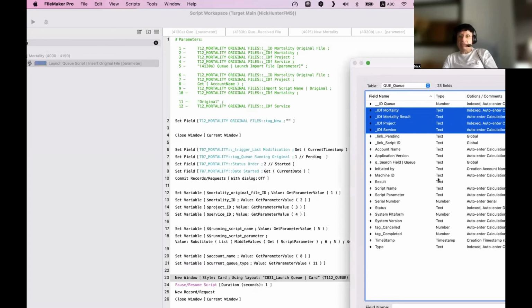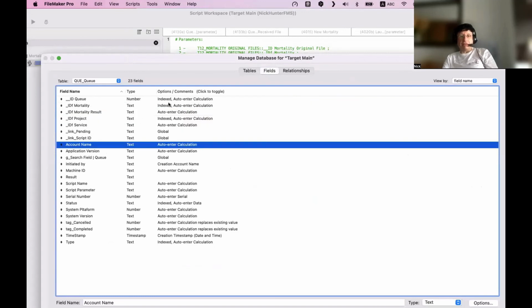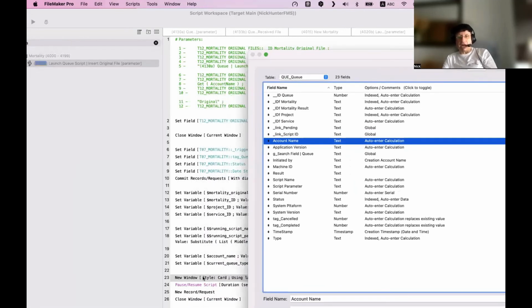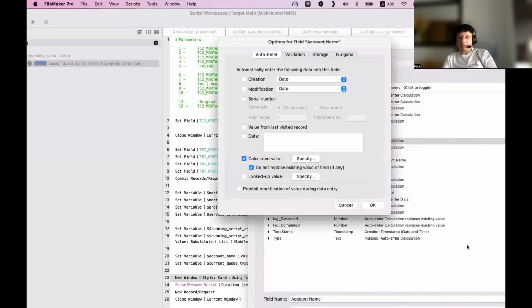Then you have some information. The account name will be provided by this guy, because I want to know who is launching this. The account name is coming from this guy, and it's going to this guy here, account name.